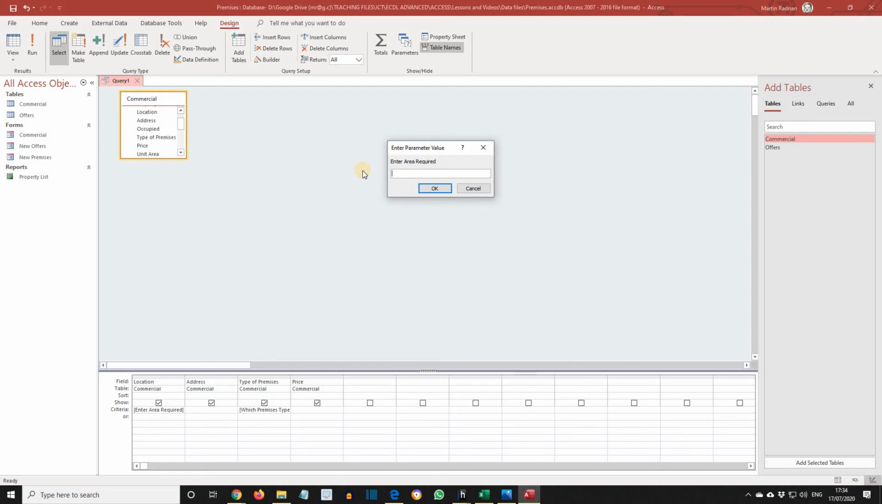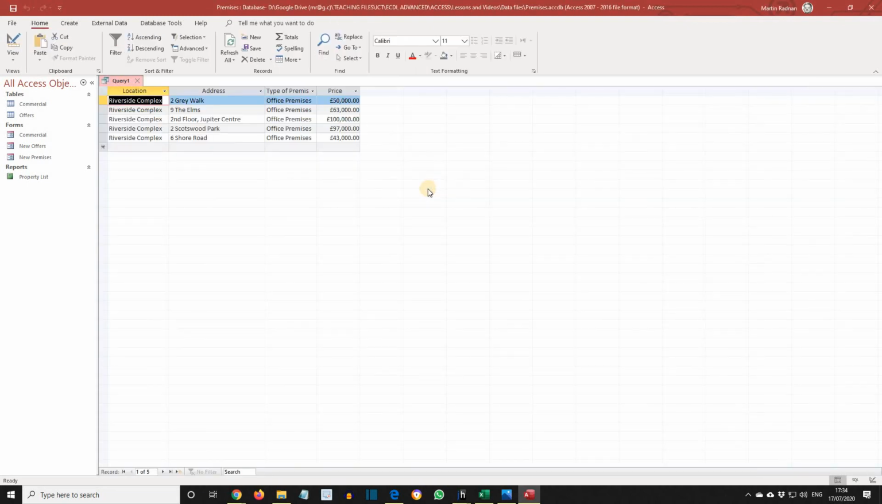This time in the area prompt, enter Riverside Complex, and then click OK. In the second prompt, enter Office Premises, and then click OK. So we're now presented with those premises within the Riverside complex that are office premises. And save the query as areas